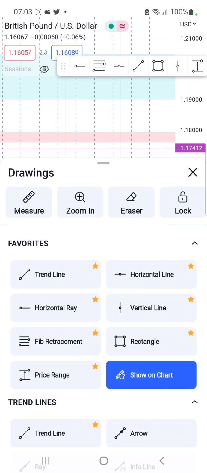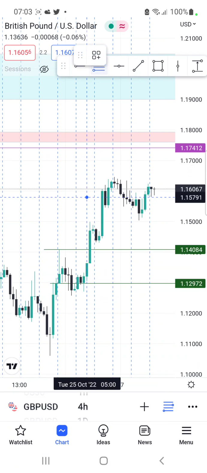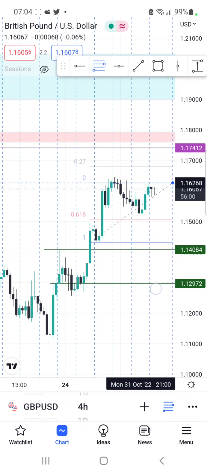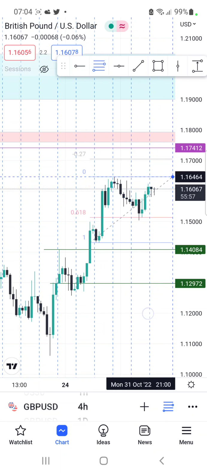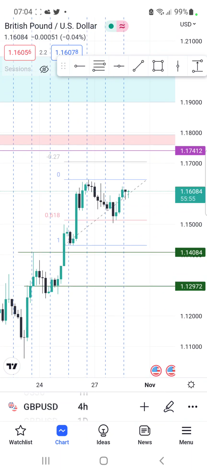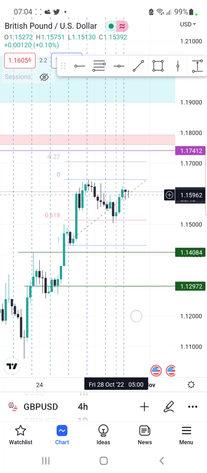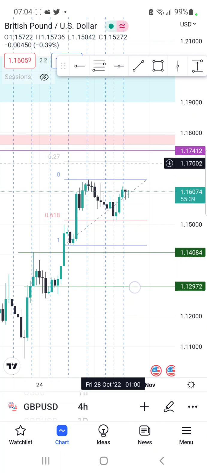If you do your Fibo, you see price actually made a reversal at that zone. The Fibonacci from here all the way here, you see price actually reversed at 61.8, which is our sweet spot. So whenever price reverses at this zone, we expect price to extend all the way to the 0.27 extension level, which is around 17,000 big figure. So our first target will be 17,000 big figure,